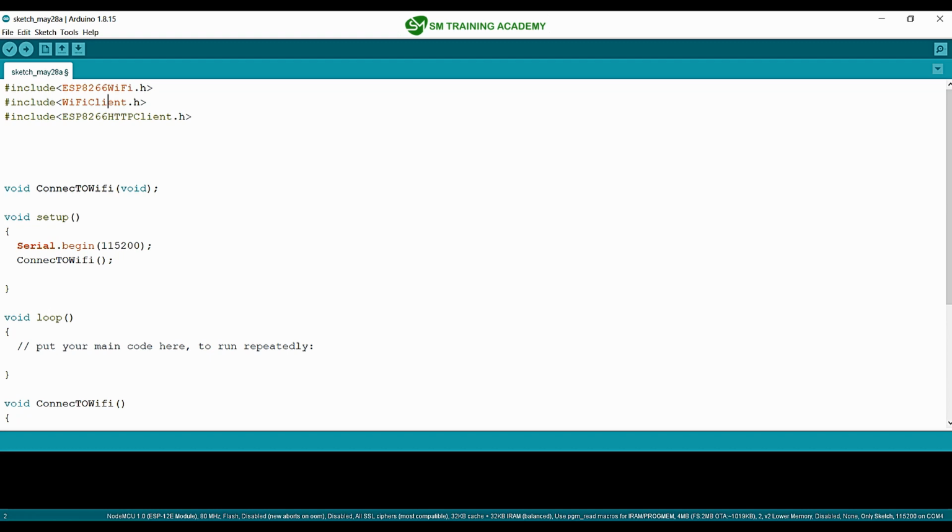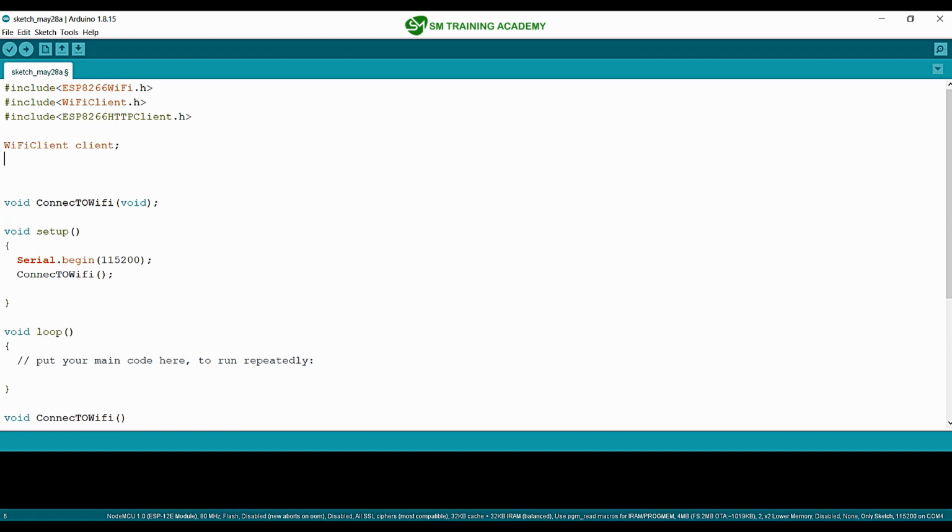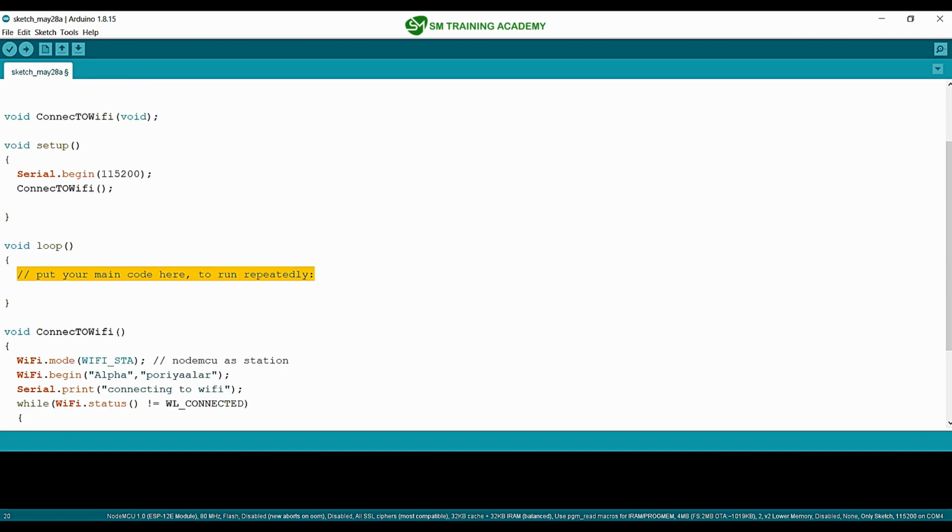And here we just want to create objects for these two header files. I'm just creating the client, HTTP client of HTTP. So these two are the objects for these header files. Using these objects you can access all the methods in the libraries of these two header files. And now as usual we are just going to begin the TCP/IP communication with the HTTP begin method.